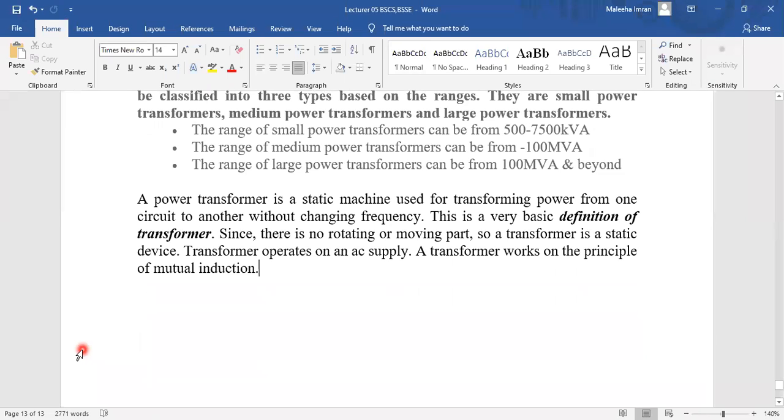So this is the power transformers. Okay, so this is the end of the chapter. If you look on your book,